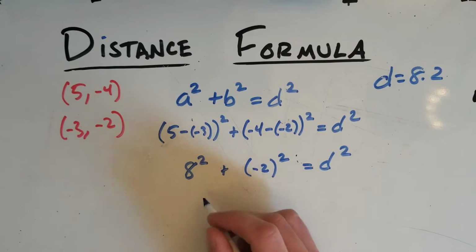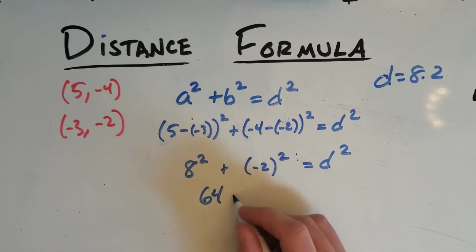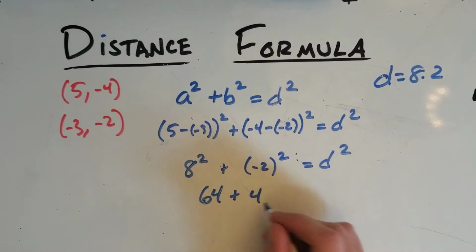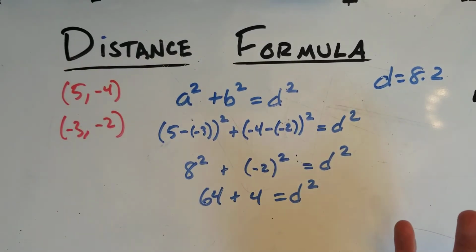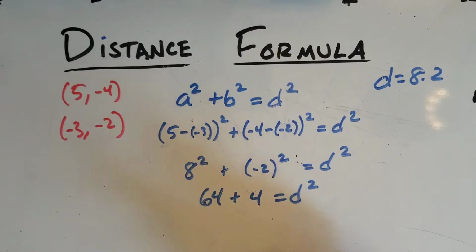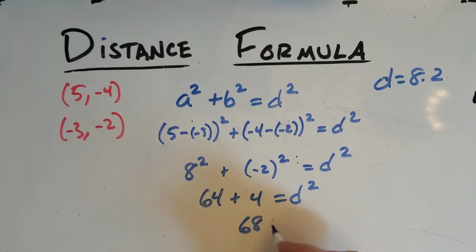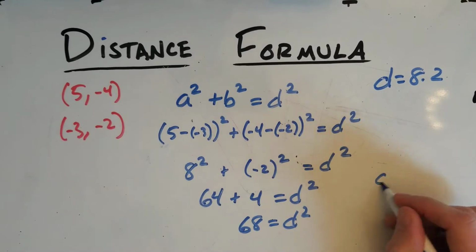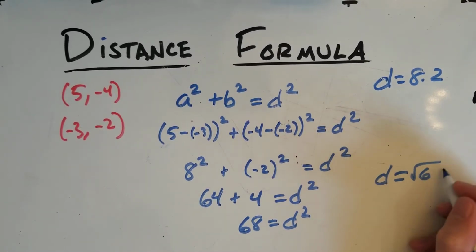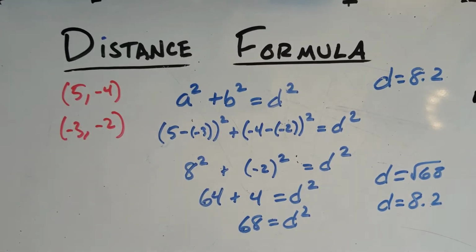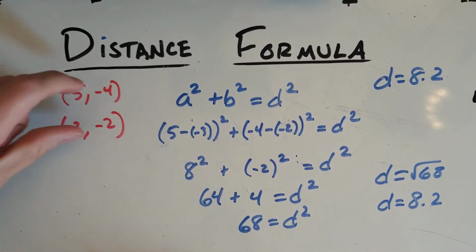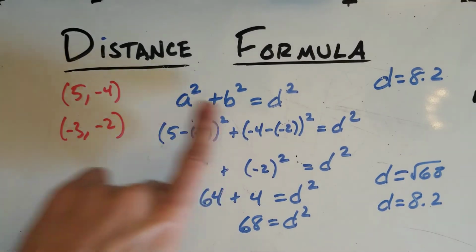So 8 squared, again, you're going to get that 64. -2 squared, well, negative times a negative is a positive. And this is how you can find the distance without using a coordinate plane to graph everything. Because then you end up with 68. And then from there we would have d equals the square root of 68, which we already found out was 8.2 when we round. So on the coordinate plane, if you want to find the distance between 2 points, you're really figuring out how far away are the x-coordinates, how far away are the y-coordinates, and then you're essentially using